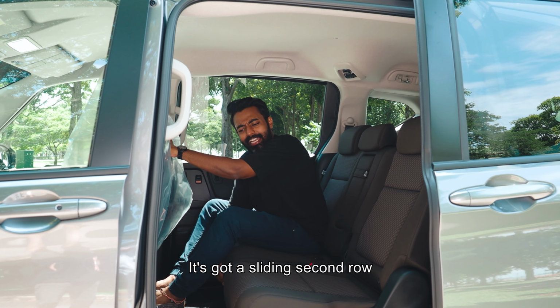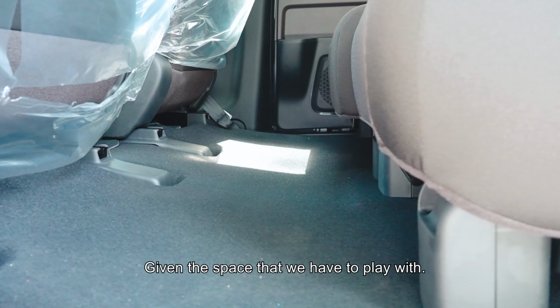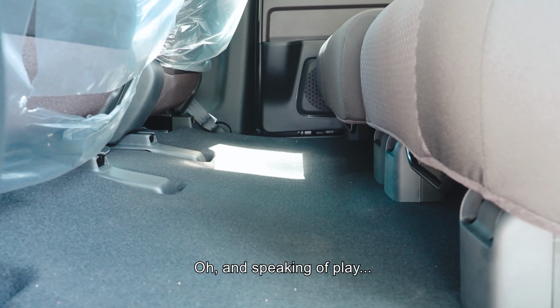It's got a sliding second row, which is very useful given the space that we have to play with. Oh, and speaking of play,